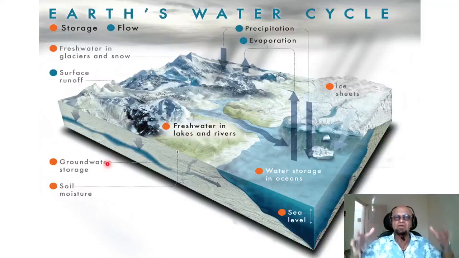Let's say in your house there is a tank at the top. In India it's very common to have a big tank of water at the top of the building or at the top of the house, and you use that for various purposes. And then there are flows that go from one tank to another, and these are often called fluxes, which I didn't define before. We talked about radiation in watts per meter squared.